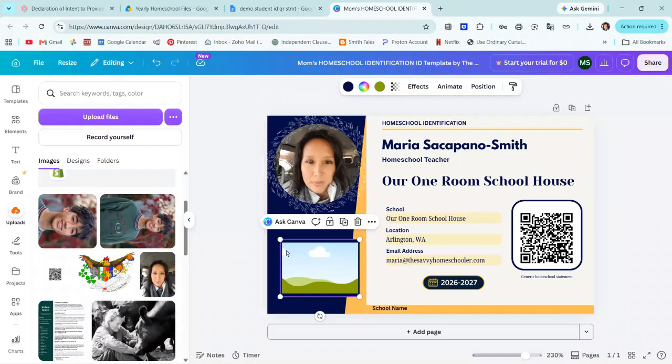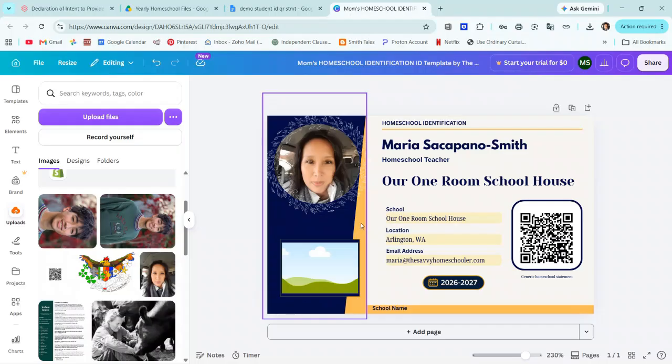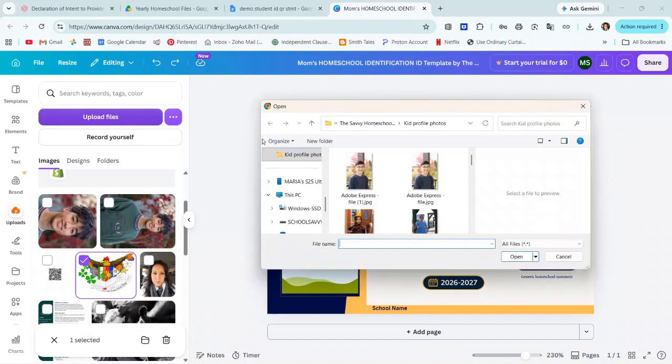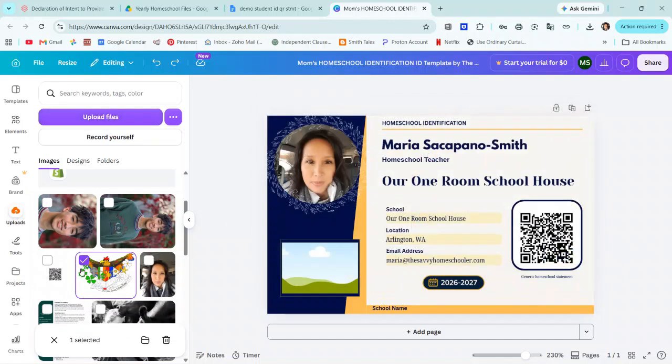If you don't have a school logo, you can put any photo in there, or you can just hit delete and it'll delete it. But I'm going to actually put a logo, so I'm going to click this logo. So these pictures right here on the side, I just went to uploads, and you can hit upload files and then choose it from your computer. So these were already uploaded, so now I'm going to drag it,